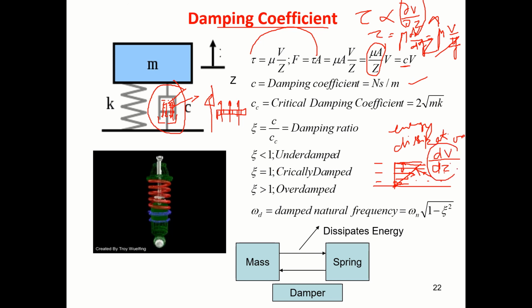So dv by dz. In the same way in the hole, if you take the cross section of the hole, and consider this the axis of the hole, the fluid is flowing here. Across this, if you draw the velocity gradient, you get it like this: 0 at the wall, and at the center line you'll get the maximum velocity.